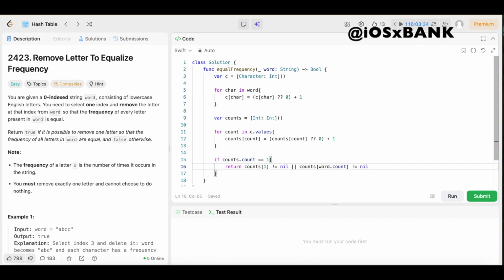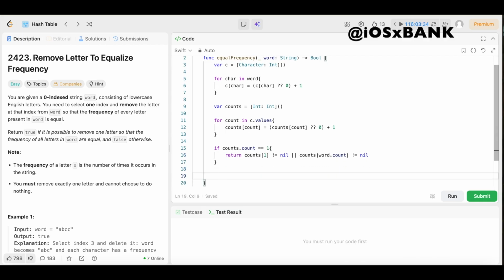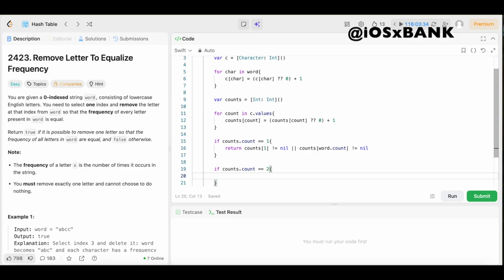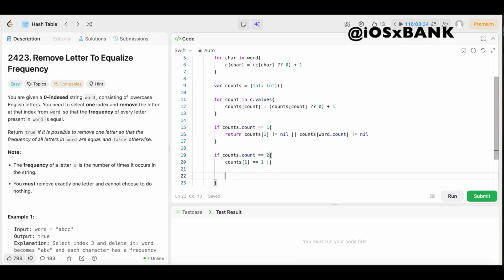or counts[word.count] != nil. Boom. Now for case 2, if exactly 2 different frequencies exist, we handle that by coming underneath this and we'll say if counts.count equals 2, then we'll open up the brackets and option 1, that means one character appears only once and we can remove it. So we'll say counts[1] == 1, or